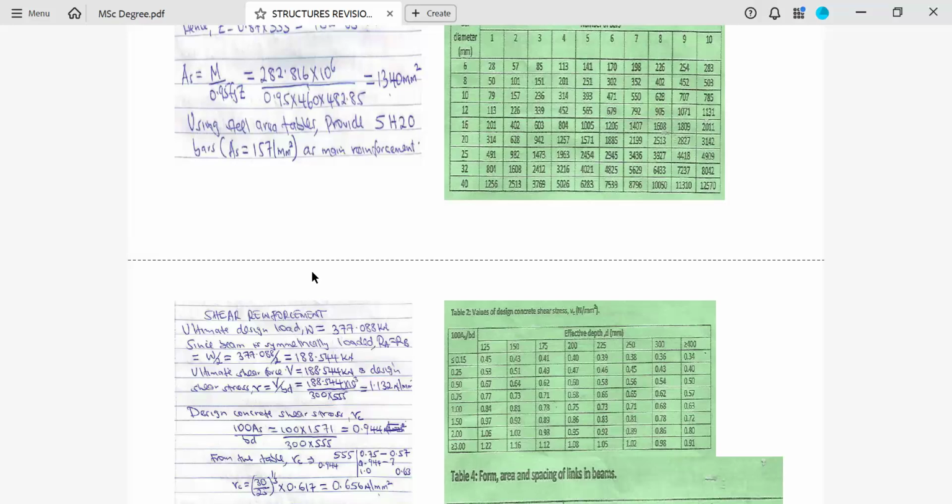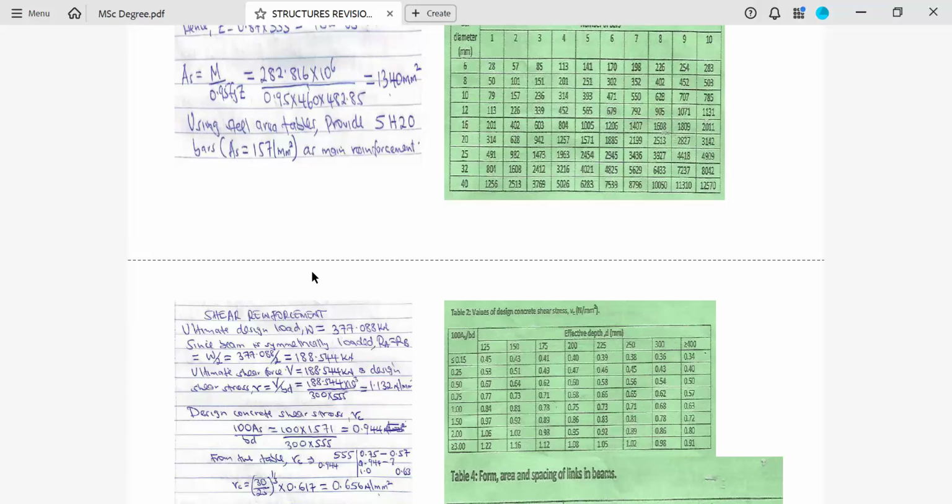Now this value, now look at the trend. It means at 0.75, it is 0.57, and at 1.0 is 0.63. Now this tells you that it is an increasing trend. Now, if it's an increasing trend, I will add the value I get on 0.57. Some will subtract it from 0.63, still the same. So that is why we arrived at approximately 0.656